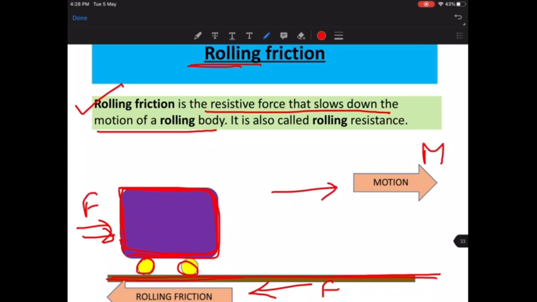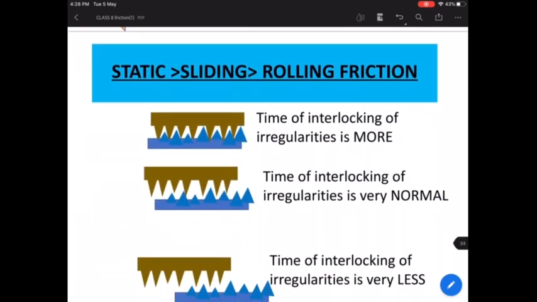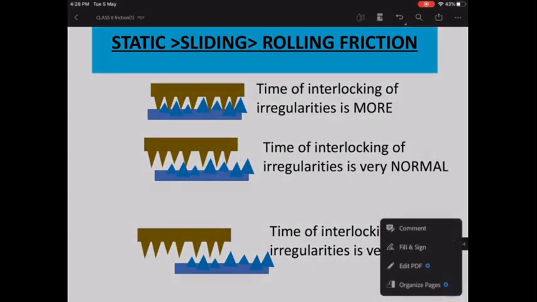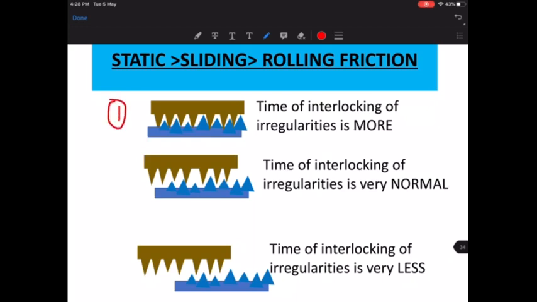Okay? So is it easy? Are you all able to understand rolling friction, sliding friction, static friction? I hope I'm making it absolutely clear and easy for you. Okay, fine. So now let's move forward. Now it is the time for us to compare all the three frictions. This is a very, very important slide. Again, try and understand it carefully. If required, I'll repeat it. So this is the first case, this is the second case, this is the third case.